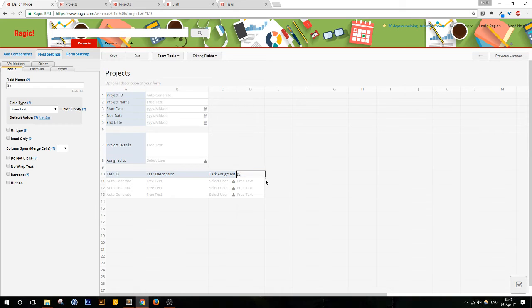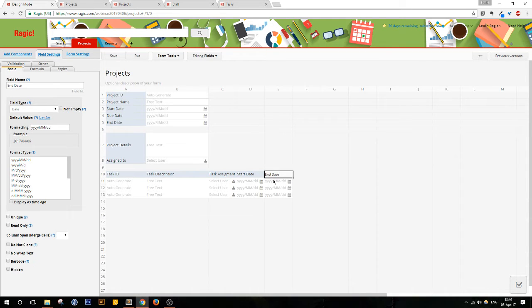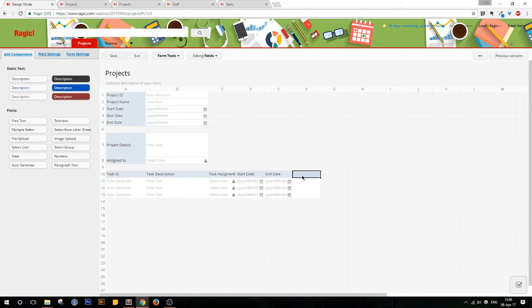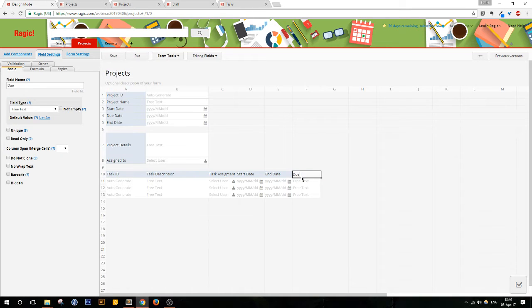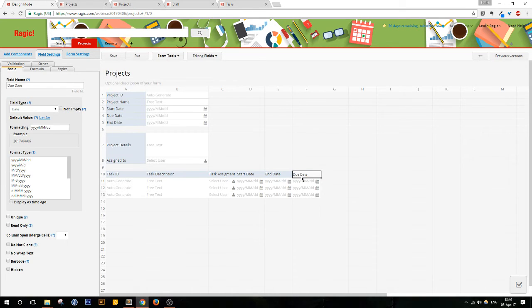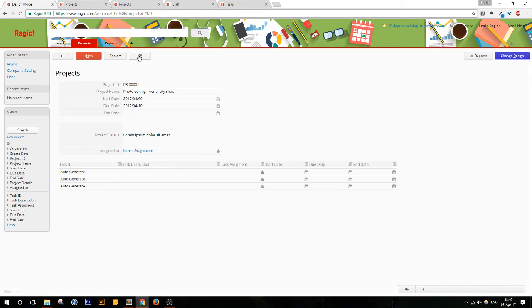And a start date and end date for here as well. So I'm not sure if we need a due date here. Let's add that anyway. All right, so we have a little breakdown for the tasks, and perhaps we need a